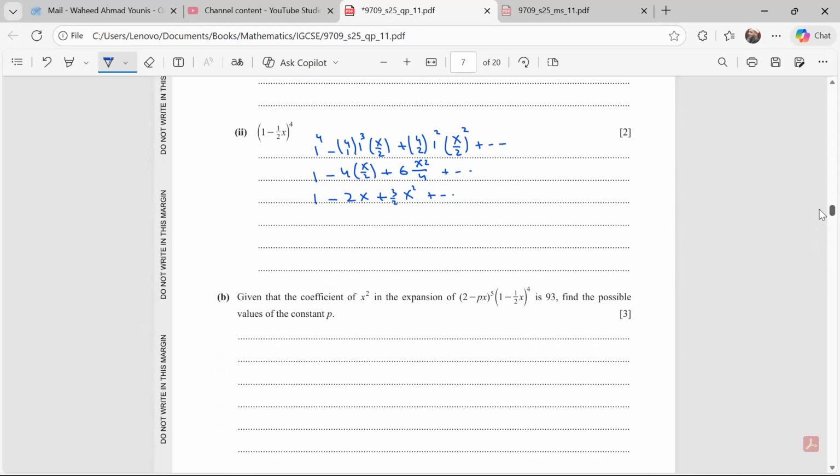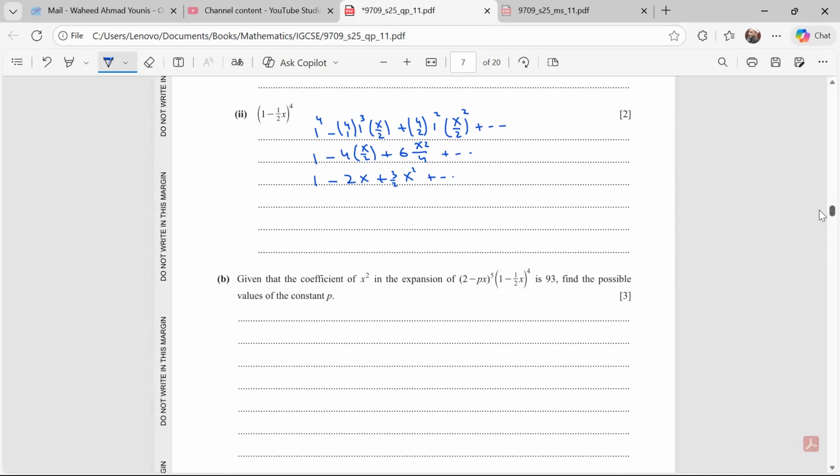And now the next question is, given that the coefficient of x squared in the expansion of this one is this. Okay, so now I have the same previous terms: 2 minus px to the power 5 and 1 minus 1 by 2 x to the power 4. So when I multiply them together,